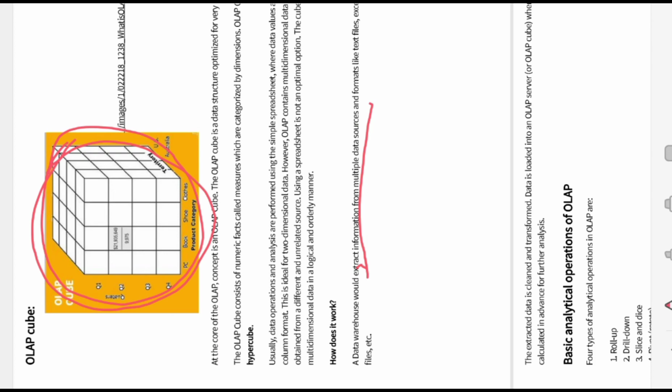For that I first need to clean the data, right? And whatever the extracted data, that needs to be cleaned, and it needs to be transformed into a unique format. All of this I need to transform into one format, and that data I can store into that OLAP cube, or put it into an OLAP server, so that I can use that data for further analysis at the managerial level or in day-to-day work.